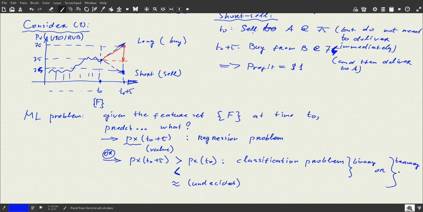So it may be essential to introduce the undecided or approximately same state, in which case you would not try to enter a position because either the predictor said that within its accuracy it is going to be unchanged, or even if the predictor said that it is going to change, maybe the change is so small that it doesn't warrant